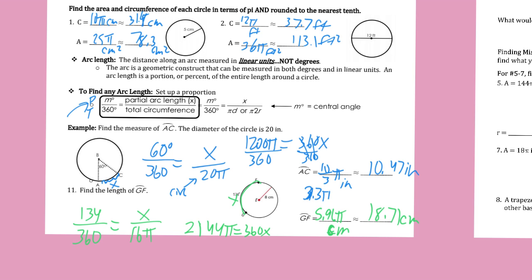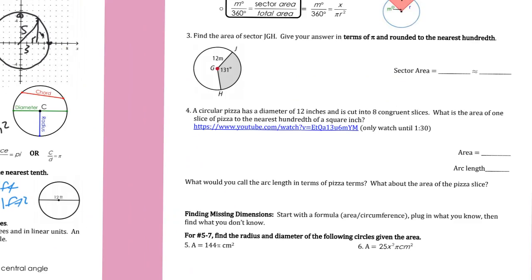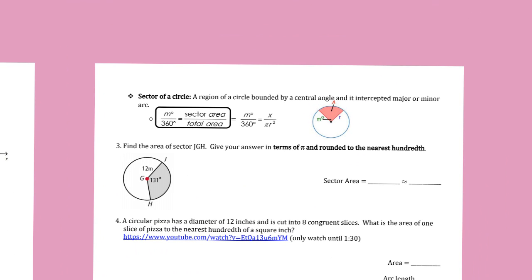So given in terms of pi, it's best if you can do a fractional coefficient of pi, but a decimal will be true as well. And then the approximate answer is you just times that fraction times pi, and you get the decimal approximate of it. On the back, the main thing we're going to focus on would be, can you come up with the partial out of the total? So if you're trying to find out what is the area of this partial part of the circle, let's make it to be